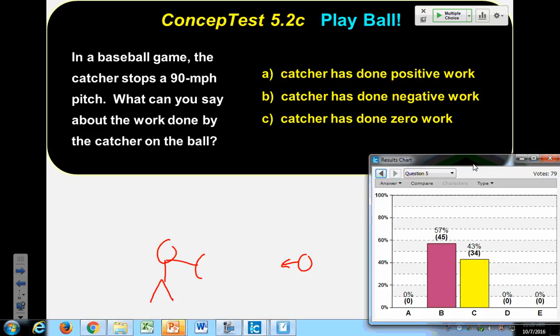divided on this. This ball is moving in this direction. The guy applies a force to it in that direction. When it hits his glove, it moves a little bit after it hits his glove. The glove's cushioned, and it sort of moves the glove in just a little bit. And so our displacement is in this direction, but the force is in that direction. So which of these is right then? B is the right answer. B. It does do work because it